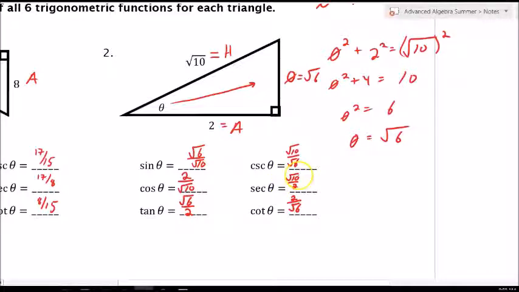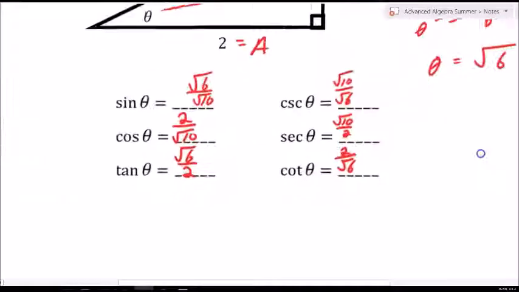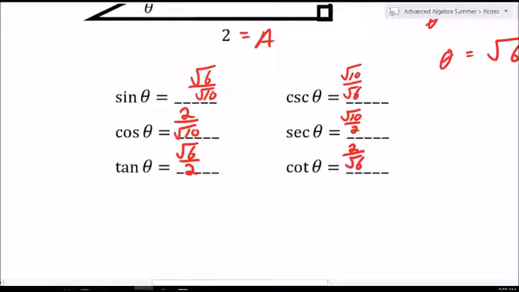Alright, so I'm going to get a different color pen here just so you can see some simplification. So first thing I look at. Now, once I've written all of them out, I got to start cleaning some stuff up. So I have a square root of 10 in the bottom, so I'm going to multiply it by top and bottom. So I'm going to get the square root of 60 over 10. Here I multiply again by square root of 10 on top and bottom, so I get 2 root 10 over 10. And this one will simplify, so 2 over 10 reduces to 1 over 5, so it's just root 10